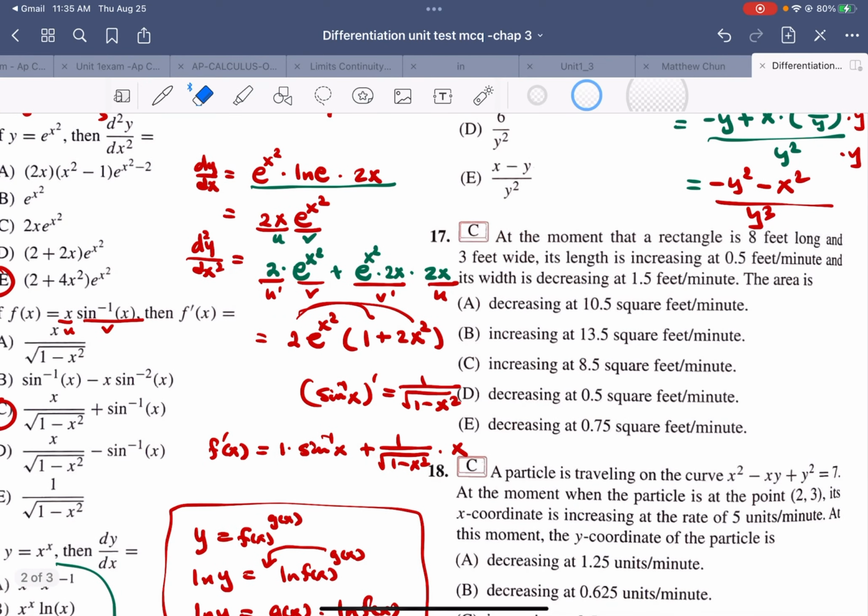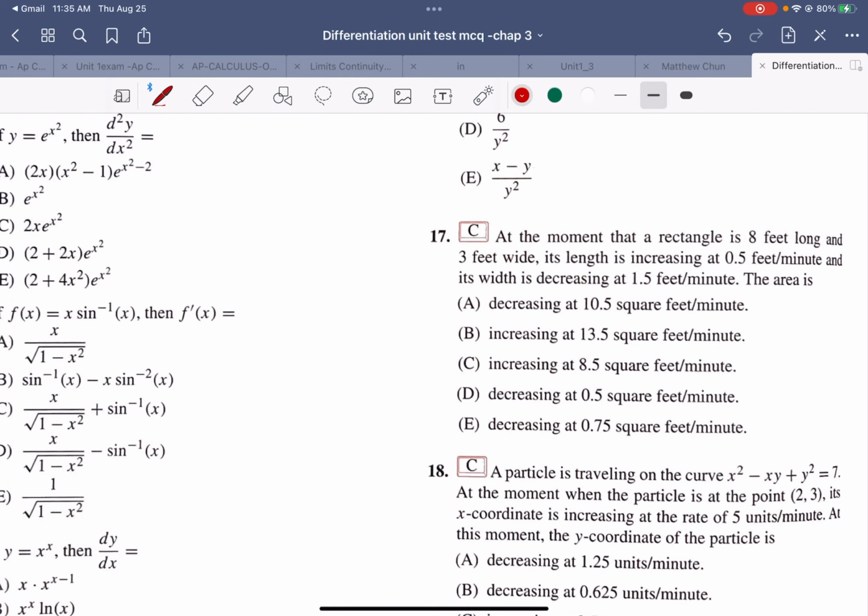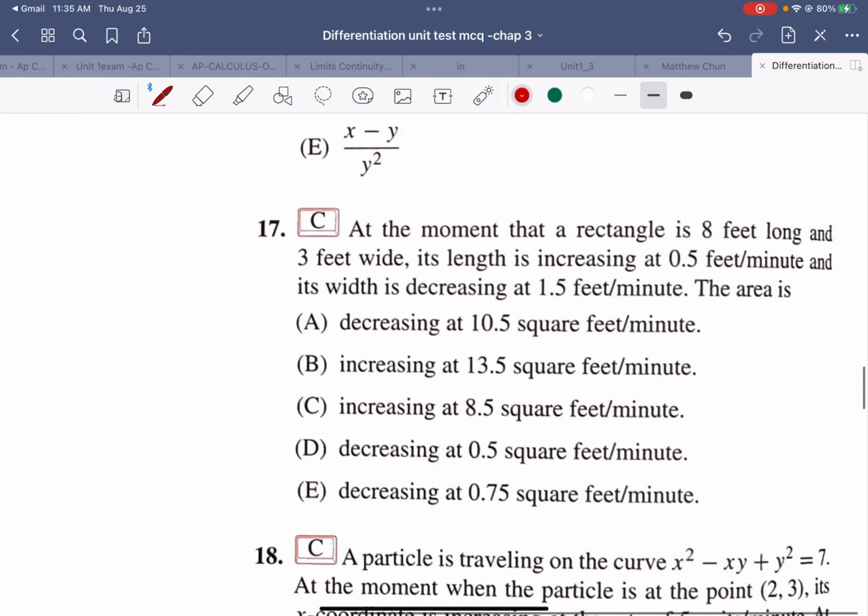Now let's talk about number 17. I need some space. So at the moment, you have a rectangle here, 8 feet long and 3 feet wide. Let's say this one is length and width. And then what they're saying is